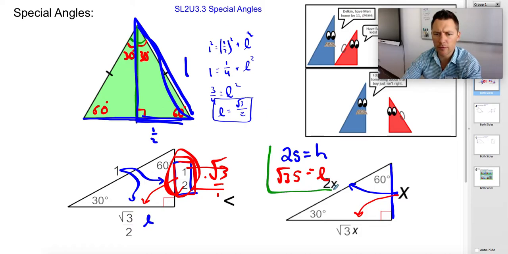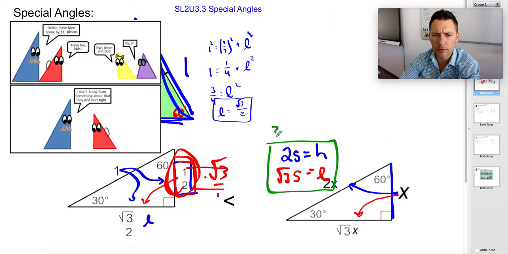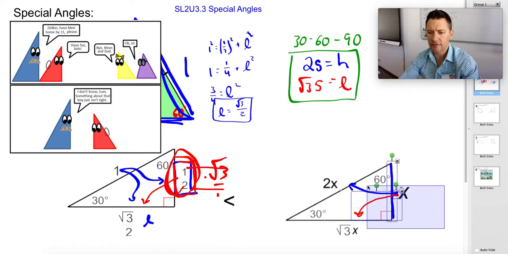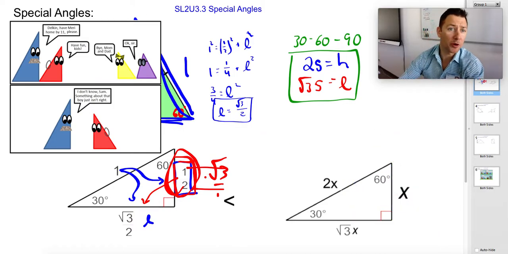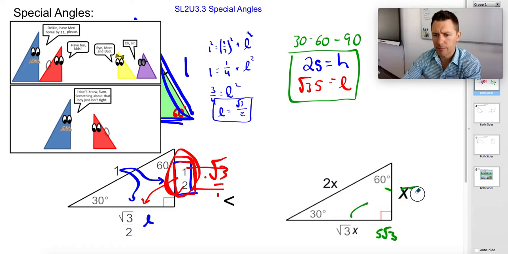So I think those two are important for 30, 60, 90 right triangles. Maybe jot those down. 30, 60, 90s. Great. So we can use those parts to find solutions for interesting problems, or not so interesting problems. Like if, let's say, we call this 5, well, then this length will be twice that long, which is 10, and this length will be 5 root 3. Done, right? We can also work that backwards and say,